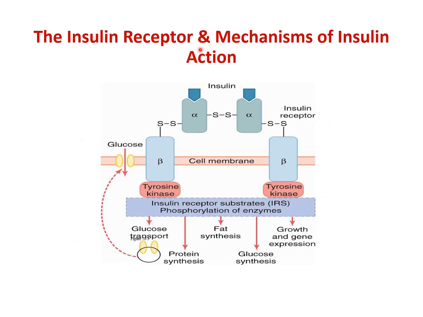See, that's how insulin acts. This is the tyrosine associated receptor, and this is the tyrosine moiety, or the intrinsic tyrosine kinase here. Insulin will bind. It will cause activation of the tyrosine kinase. The insulin receptor substrate will lead to the phosphorylation of enzymes, and the phosphorylation of enzymes will induce the effect of insulin, like growth, fat synthesis,